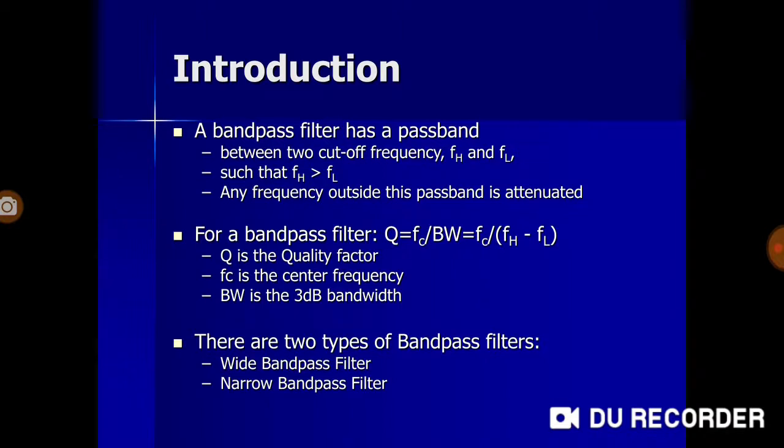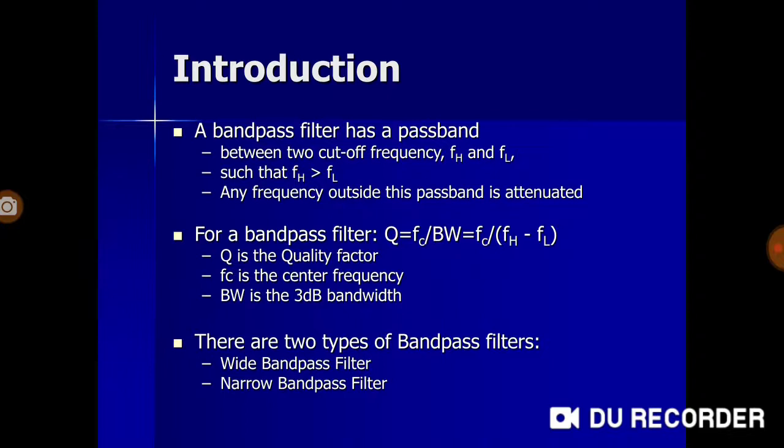And bandwidth, when we say it, is basically the 3 dB bandwidth. If you go by the definition, FH is the high cutoff frequency of the low pass filter, and FL is the low cutoff frequency of the high pass filter. In both cases, it is defined as the frequency at which the value is 0.707 of AF. That means it rolls down to 3 dB below the maximum value AF. So the entire range FH to FL is the 3 dB bandwidth.